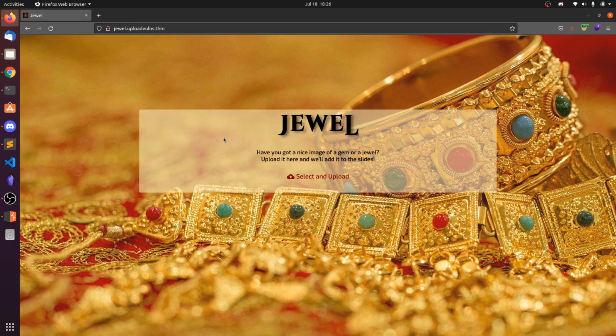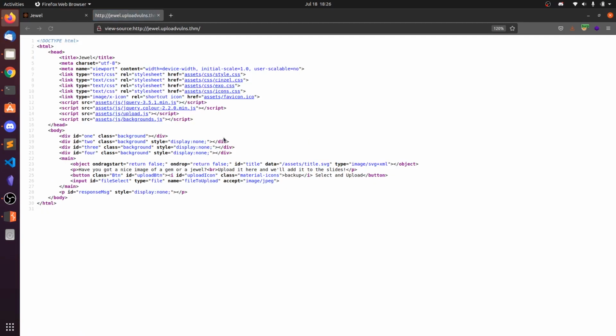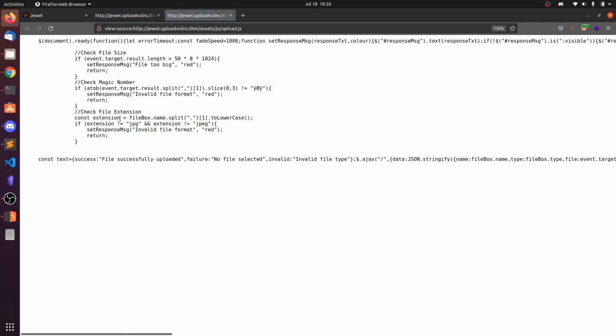So I think there should be some client-side filtering. Press Ctrl U, and if you go to upload.js, there is the filtering. Check file size, and file size is like 1024 bytes, 1 KB, 8 KB, like 4096 or 4 MB, I think so.